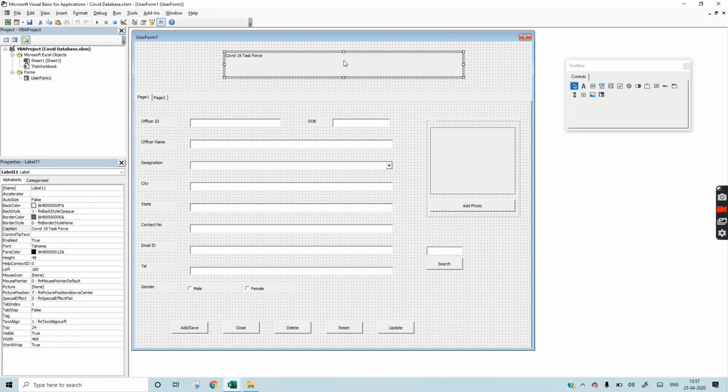As you can see that the font is very small, so we can increase the size.